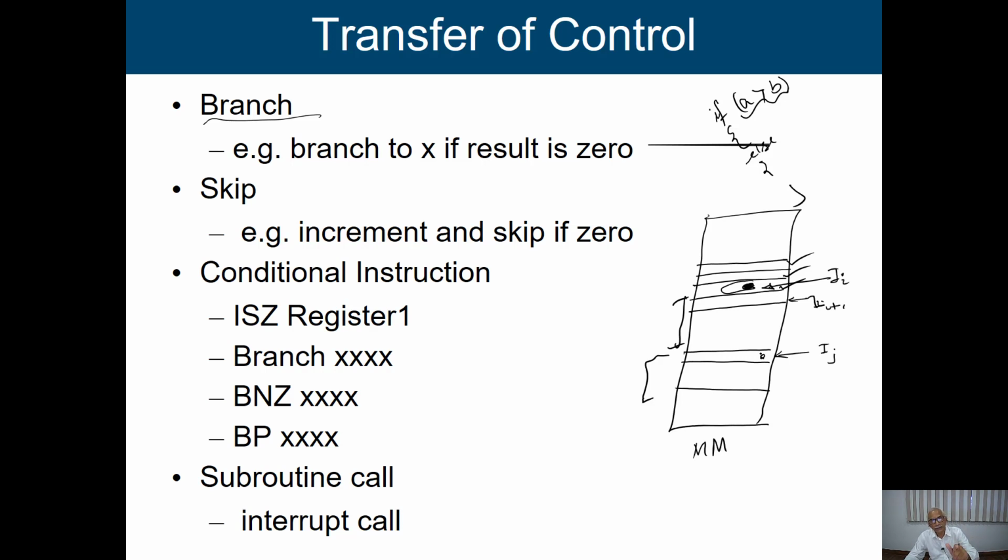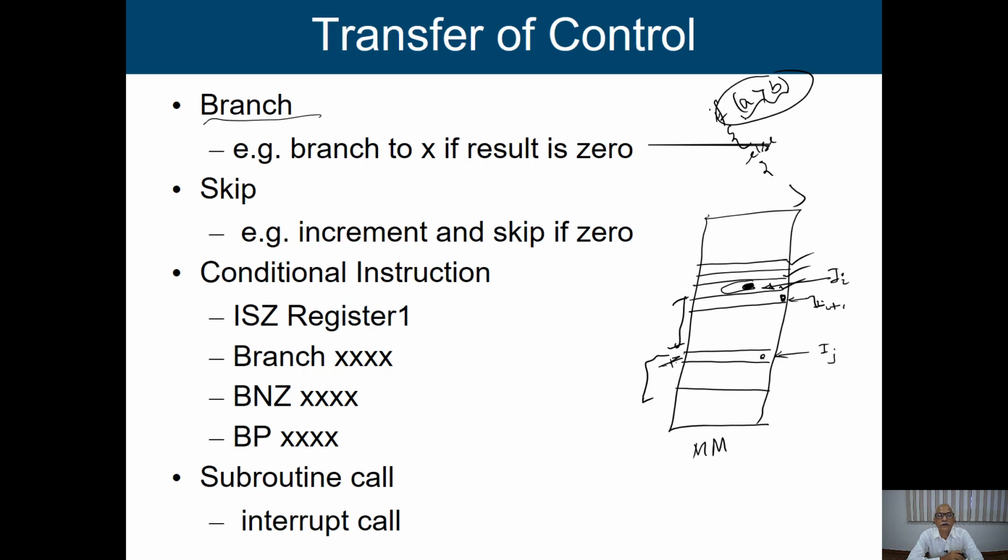By default, what will happen? I am incrementing the value of the program counter, and it is pointing to the next memory location, so you fetch the instruction from the next memory location. But for such a conditional instruction, we have to fetch the next instruction from some other memory location. So for that we have to transfer the control to that particular memory location. That means we are going to change the contents of the program counter, because the program counter is keeping track of the program execution. These are the facilities that we should provide to execute such conditional instructions, and we call these the branch instructions.